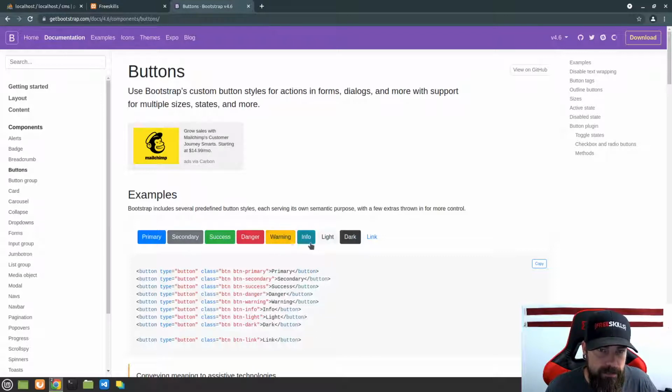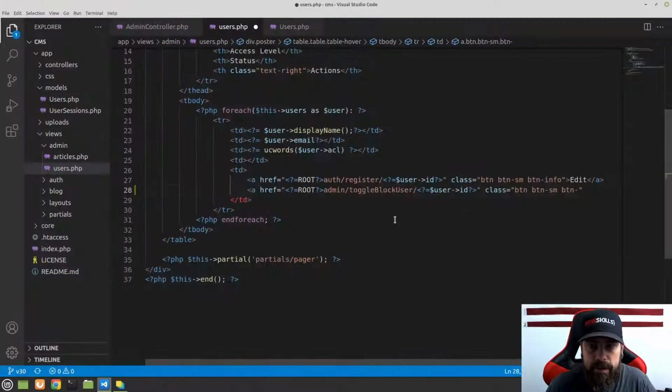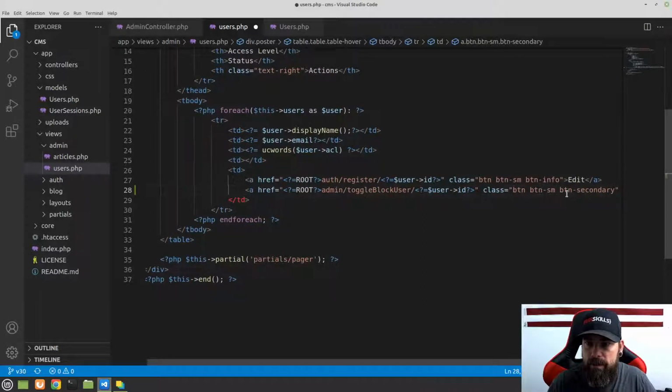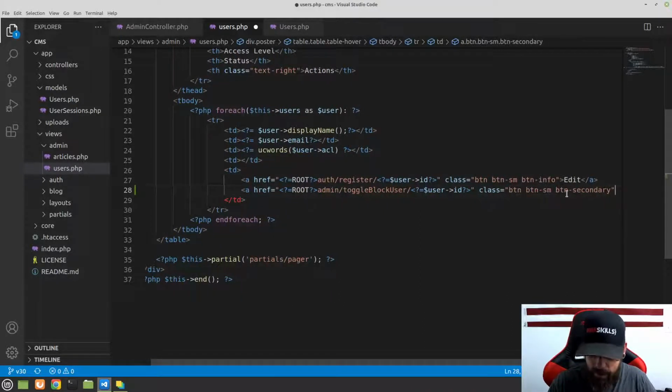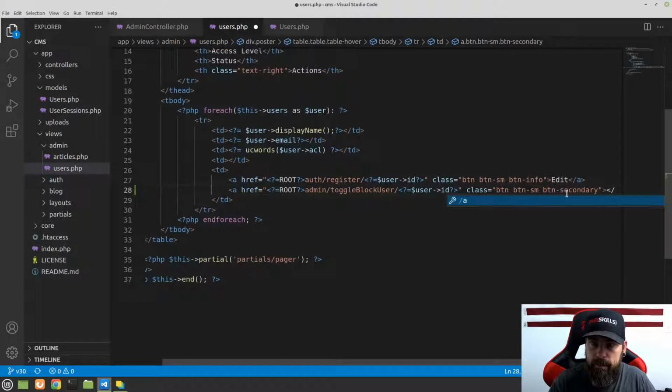And so we have info that we're already using for our edit. We could use this warning, but I don't know about that. Let's use the secondary, and if they are blocked, it'll show a warning, because I want to save the danger for using delete. So let's go ahead and do that. We'll use secondary for now, and we'll come back and clean this up a little bit. So for now, we're just going to put button secondary there,